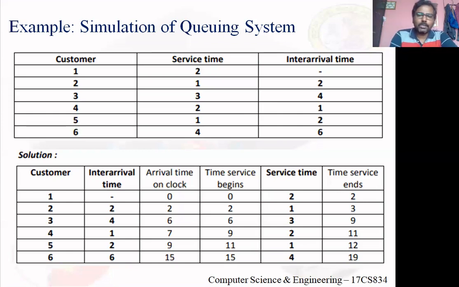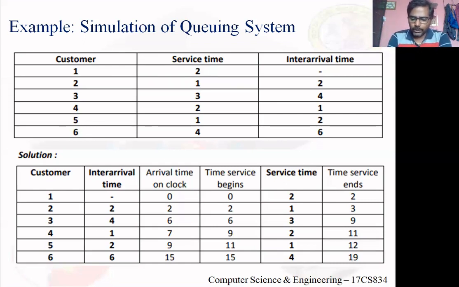Okay, so what are the fields here? One is the customer field. I need to track arrival time, so to track the arrival time of a customer, I have given the inter-arrival time. That's the first input, in the second column. Through inter-arrival time, I'll compute the arrival time in the third column. I have also given the service time. Through service time, I can determine both when service for a customer will begin and when it will end. Got it?